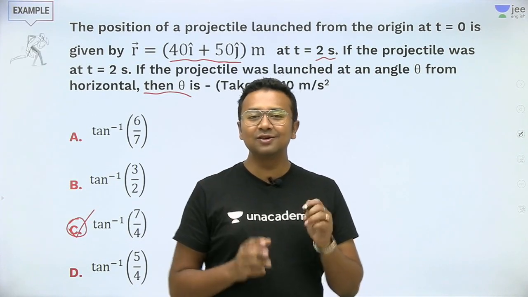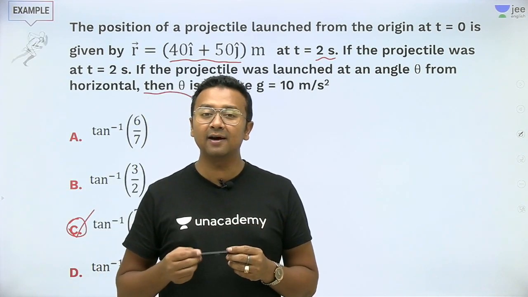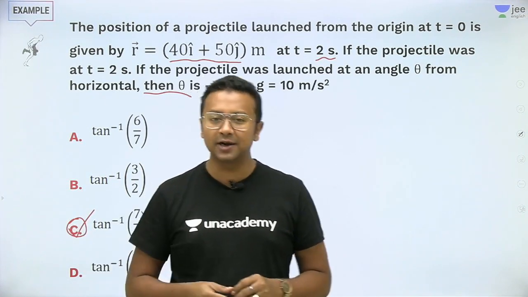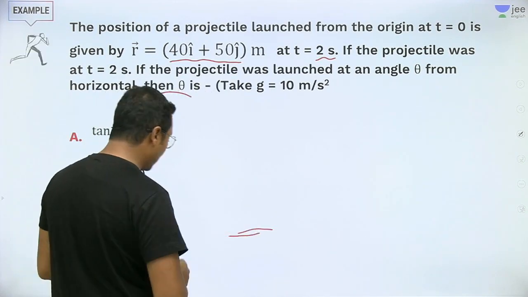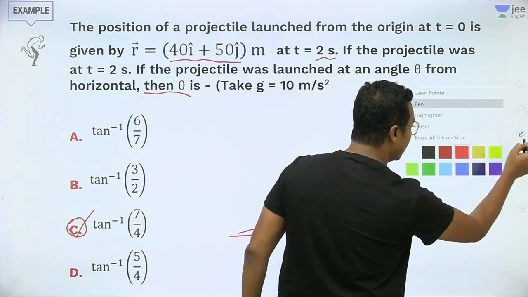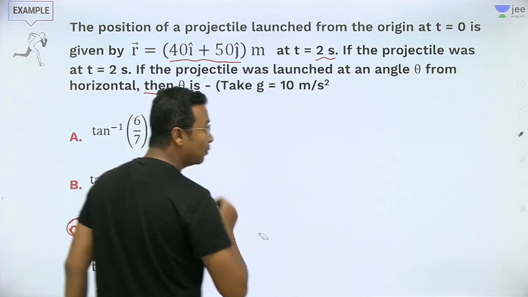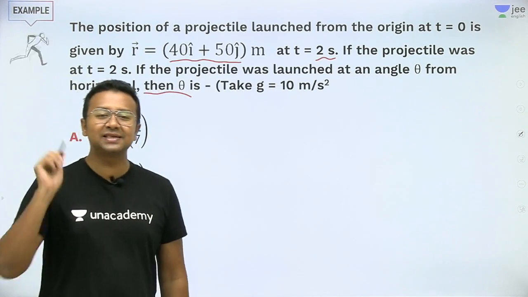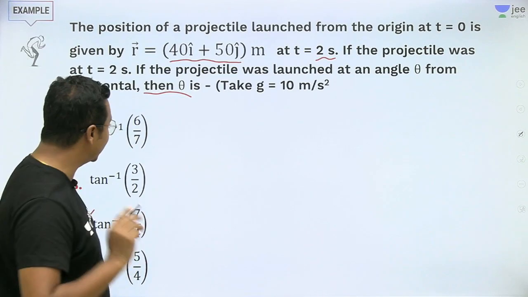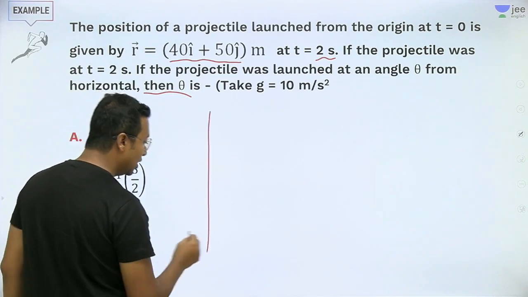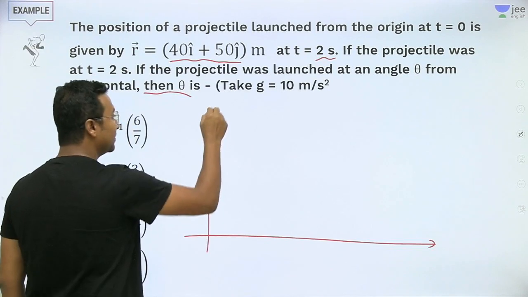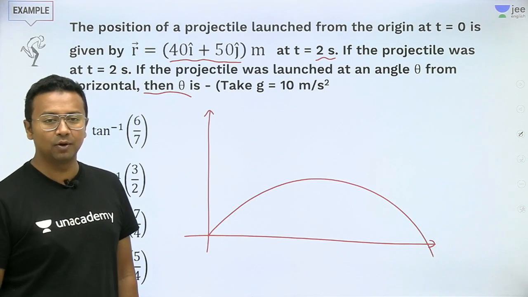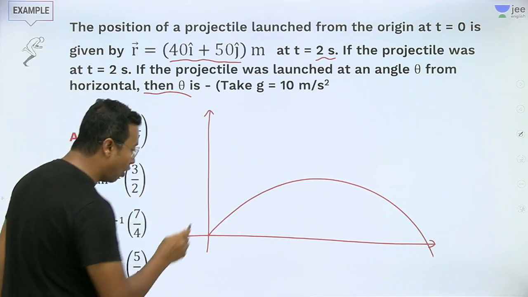All right, but now let's look at this question, students, in a formal way, how we should actually solve it, and then I'll tell you the shortcut method. Let me just rub off this portion. One thing is for sure, projectile motion is definitely scoring in the JEE Mains examination, and the questions are also not very difficult. Let me draw the axis, and we know what the projectile motion would look like. It was projected from the origin,